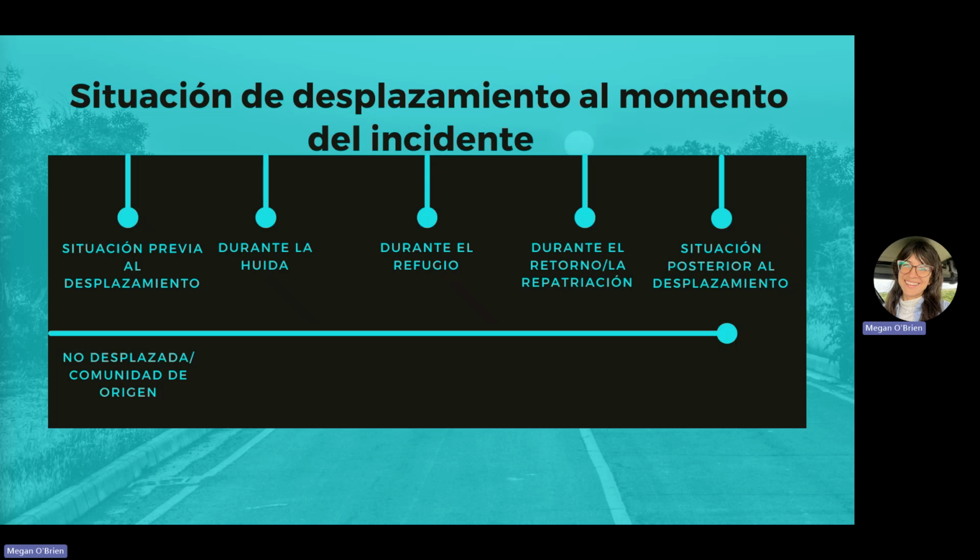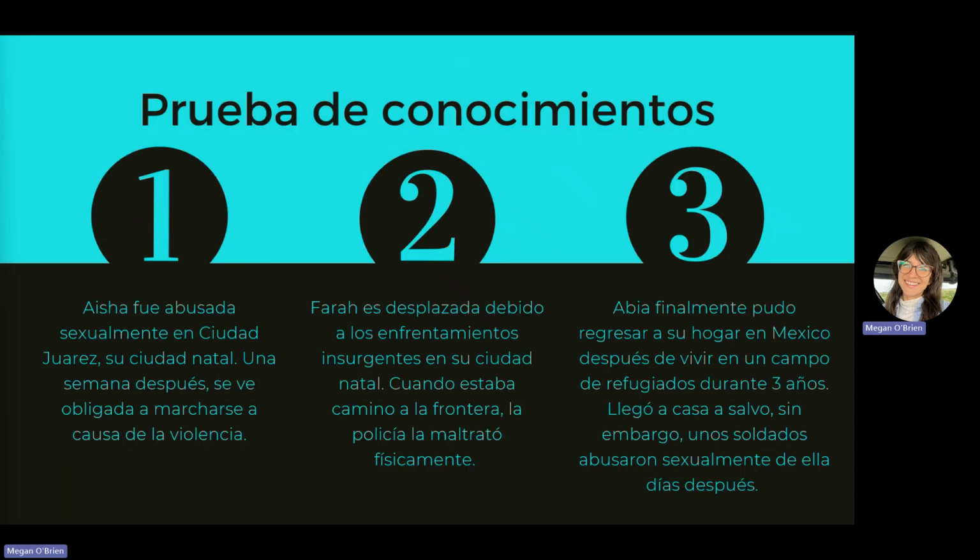So hopefully this visual helps you map that timeline. We're going to go through some examples here, again, to identify how you would classify these incidents of violence and the stage of displacement at the time